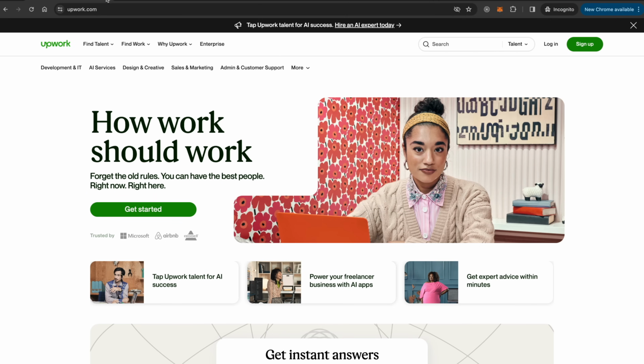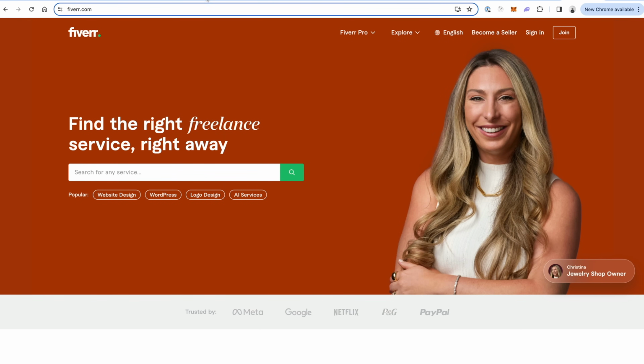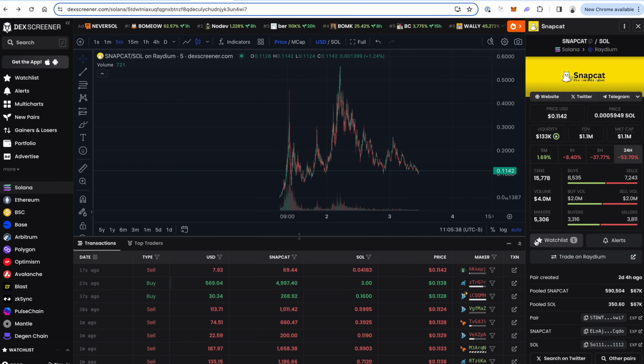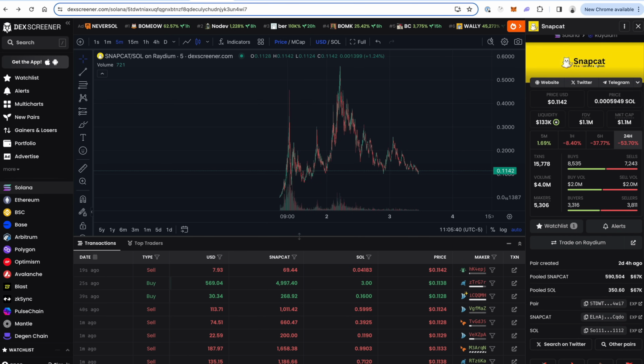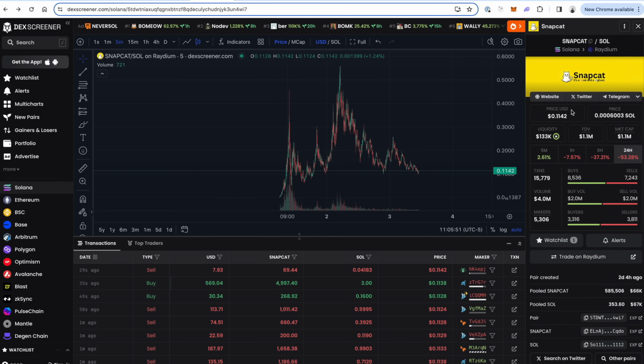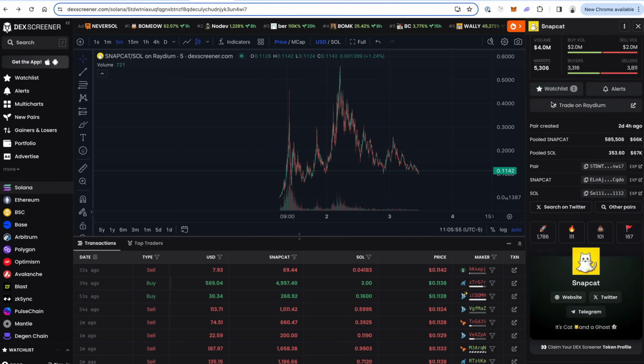So first, let's talk about the website. Let's go to an example. We're going to go back to Snapcat. Again, I'm not endorsing this meme coin. I'm not telling you to go buy it, but let's just look at their website, because you can see your website and your Twitter, all that type of stuff is going to show up on these discovery tools. You can see their website, Twitter, Telegram. You need to have this stuff ready before you launch, because people want to see this stuff to see if they even want to buy your coin or take it seriously in the first place.